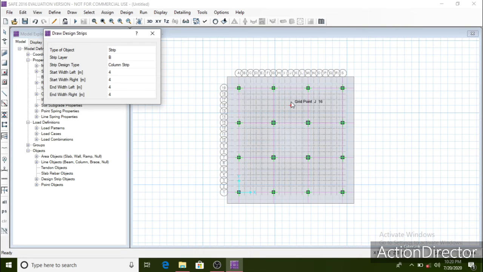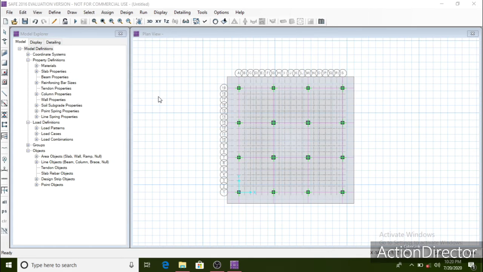Now let's assign the support data, soil properties, and the loads to the columns and loads to the design strip layers. Close this tab. Just click on this slab.